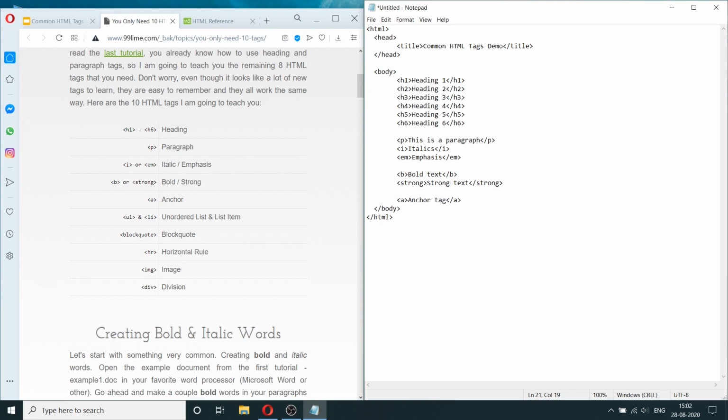I'm going to do a basic version of an anchor tag, but I'll also tell you how anchor tags are supposed to be used. We'll also look at some UL tags.